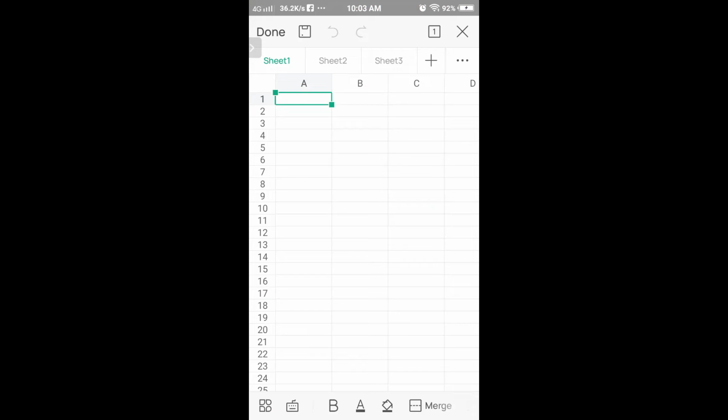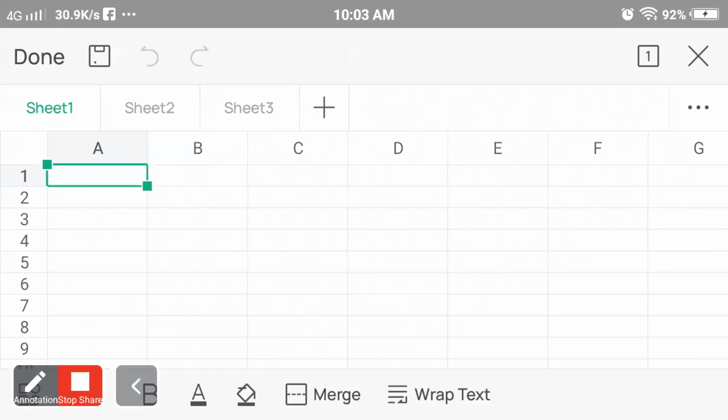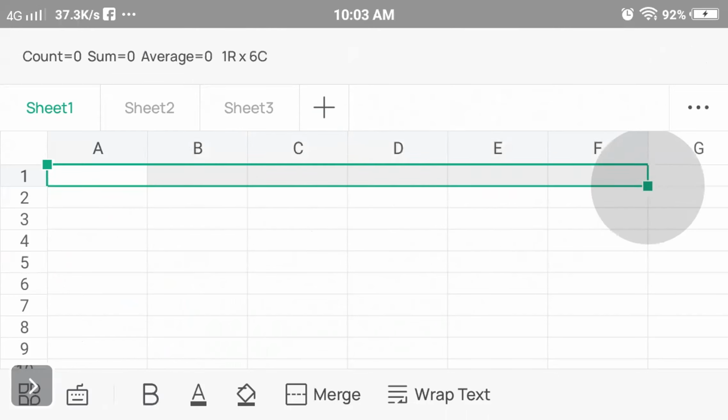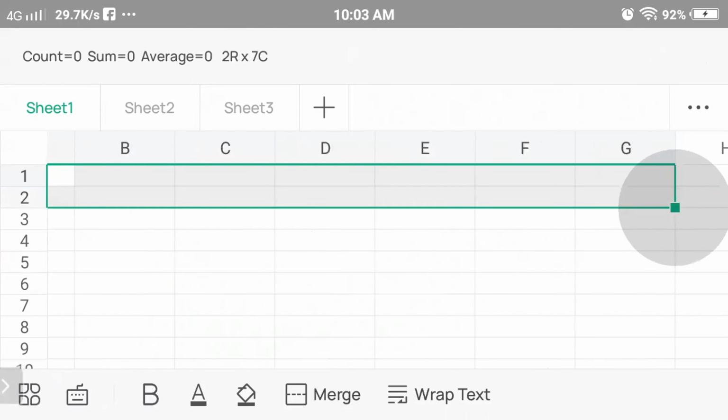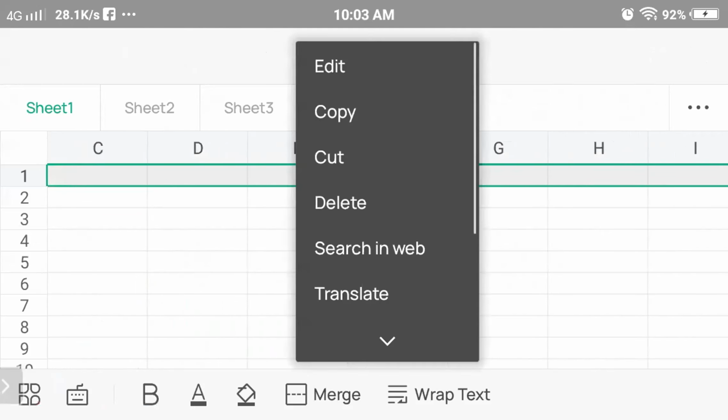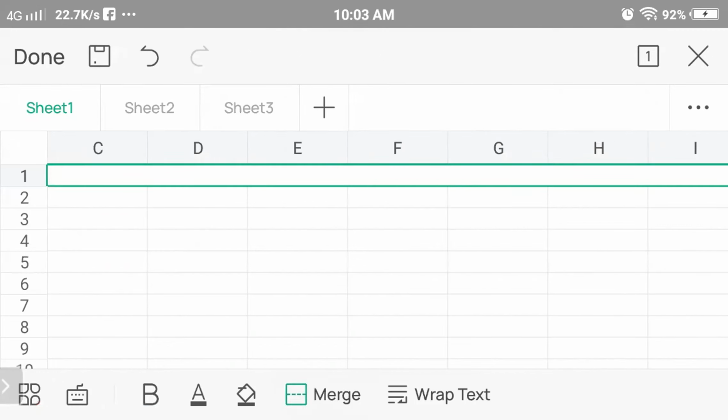I'm going to rotate it. Okay, first of all, we have to select eight columns and merge them. H तक करना है and click on merge. ठीक है? Now here we can write